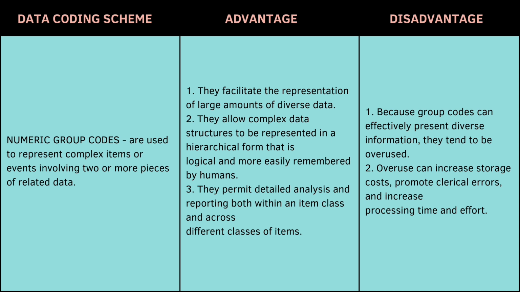picture as a whole. Disadvantages naman nito is that because group codes can effectively represent diverse information, they tend to be overused. So because it can handle a lot of different kinds of information, people sometimes use them too much. They might link unrelated things just because they can, making codes unnecessarily complex. So para kang naglagay ng kung ano-anong bagay sa isang box hanggang sa hindi mo na maintindihan kung anong laman